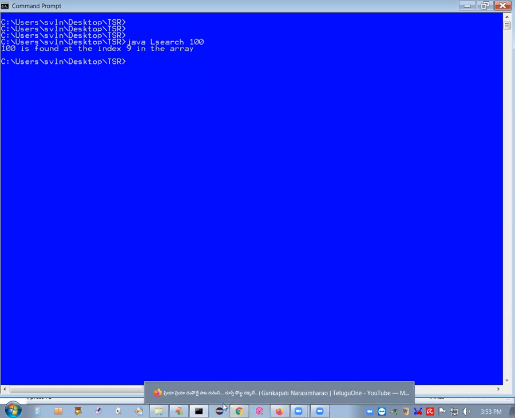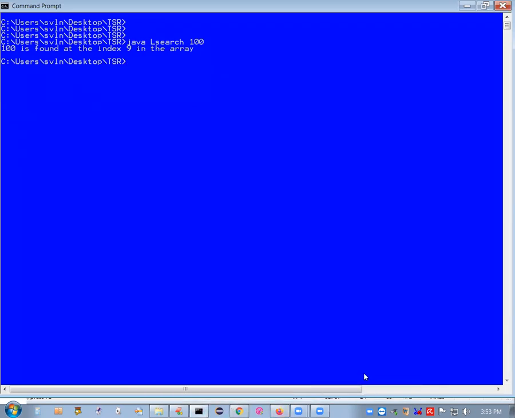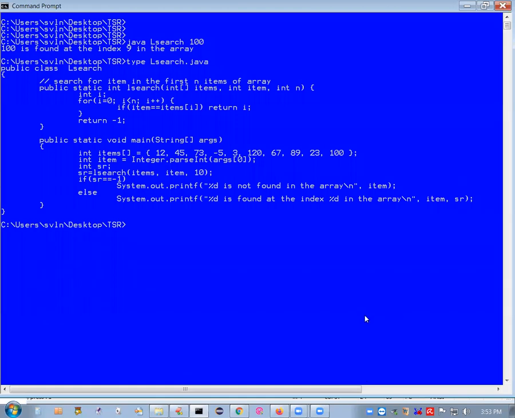So slowly, all of you may have to start falling in line. For example, what is the actual code that is there here? This is the actual program, the logic program. It is a straightforward thing once you slowly understand the general structure. So public class name, curly brace begin. From here to the corresponding end of the curly brace, you have what? LSearch has got two methods. LSearch method is there, main method is there.